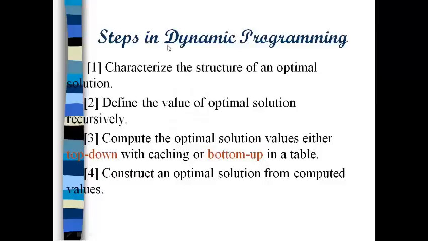When biologists find a new sequence, they typically want to know what the sequence is similar to. So one way of comparing how similar two sequences are is to find their longest common subsequence. And why is dynamic programming an efficient technique to solve the longest common subsequence problem? Because dynamic programming solves each subproblem just once and saves its answer in a table, thereby avoiding the work of recomputing the answer every time, and stores the previous values to avoid multiple calculations. When developing a dynamic programming algorithm, we follow a sequence of 4 steps.